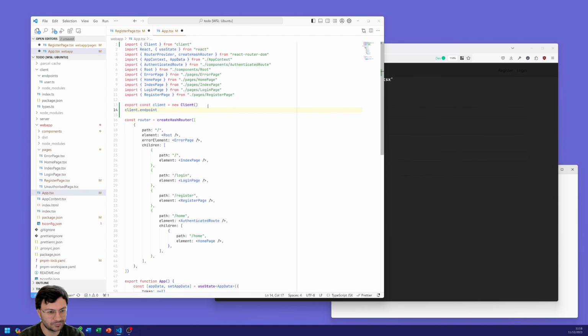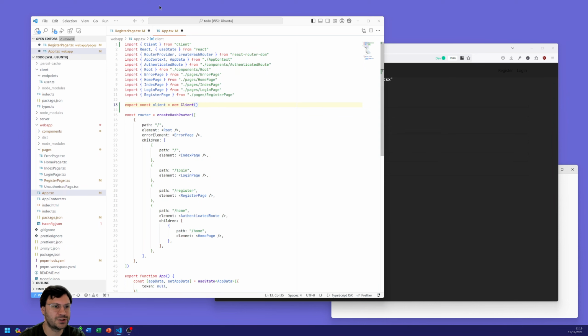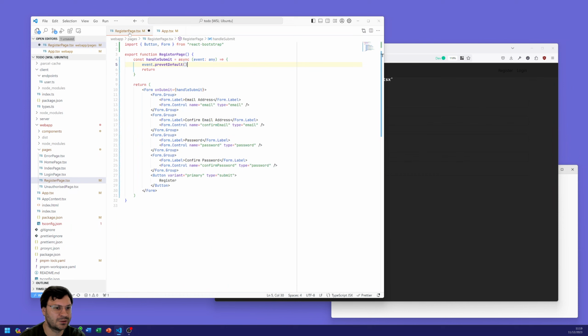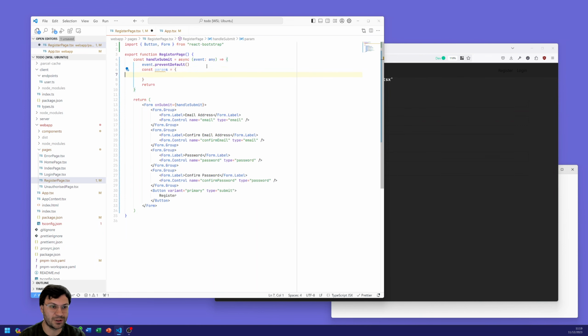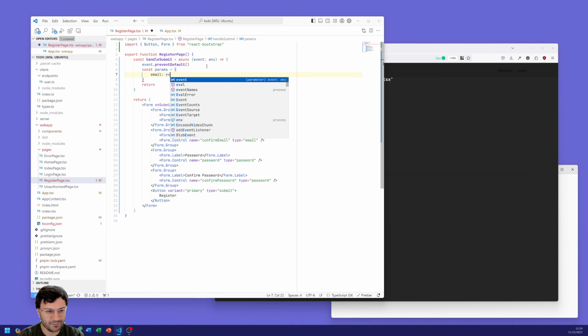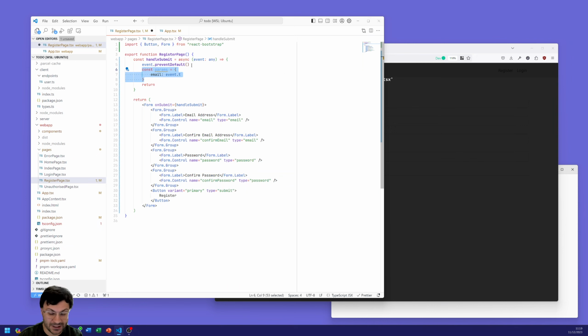client.endpoint equals, no, actually it should be okay because we've done the proxy, so it should just accept the default routing. So that needs to be event. Right, so if we do params here, then we're going to create our params that we're going to use to submit to our registering user. And it's going to have email event. Well, actually we can do it all in one go,